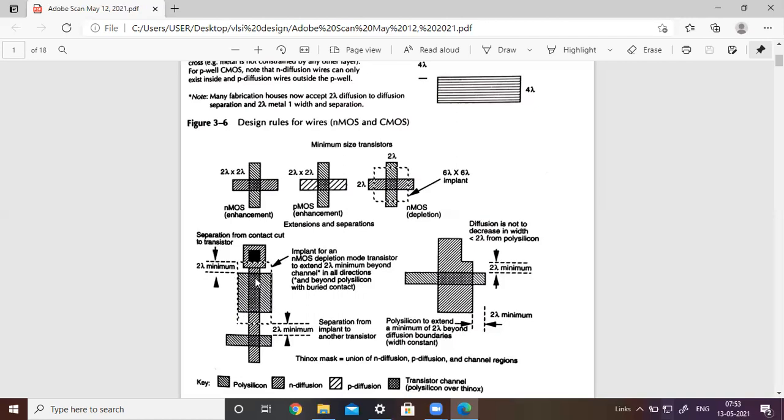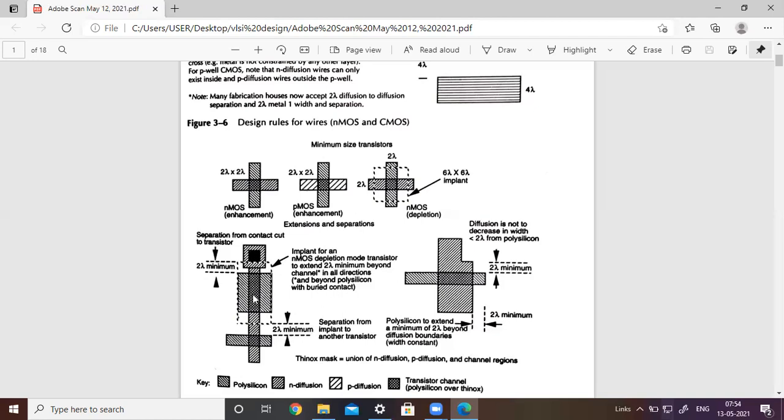When you see this type of structure, you can assume that its gate is connected to the source terminal. Now just observe here: we are not connecting the gate terminal to the source terminal. This is simply a transistor placed, a depletion mode transistor. But here is the special case where the gate is short circuited to the source terminal.